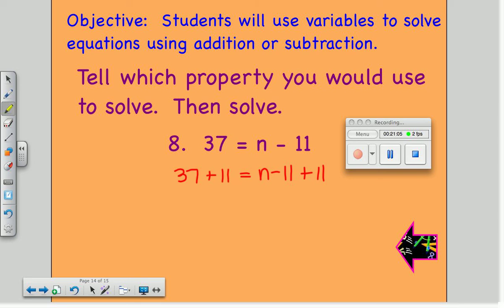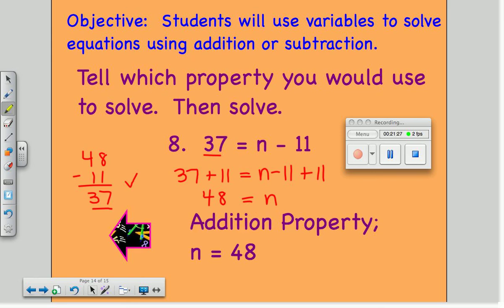N minus 11 plus 11 is n when I combine like terms. 37 plus 11 is 48. Let's check my answer. 48 minus 11 is 37. It checks. So I used the addition property and got an answer of n equals 48, or 48 equals n,